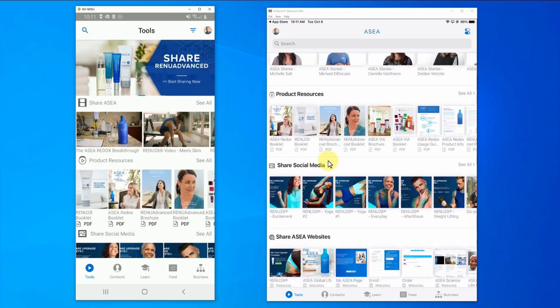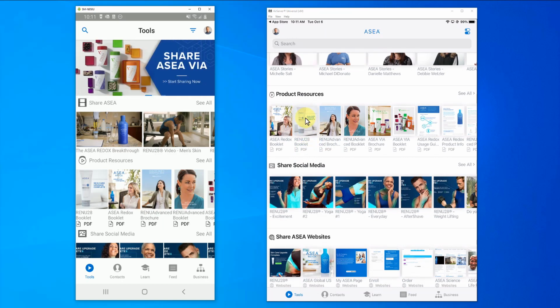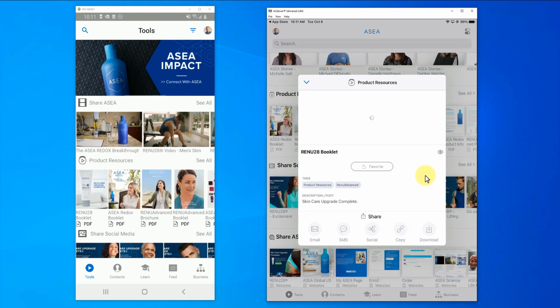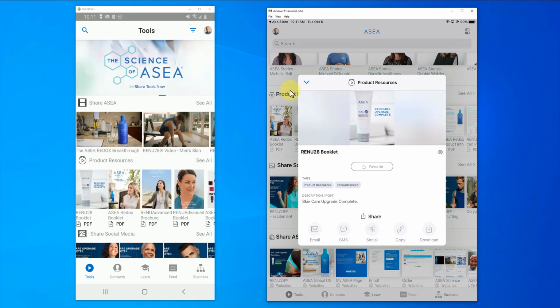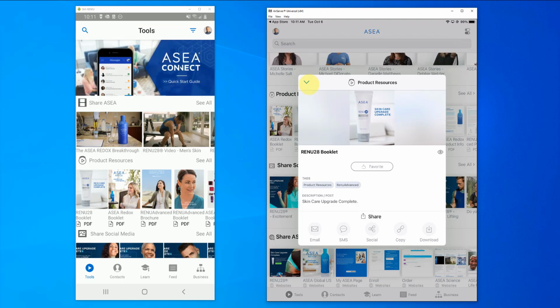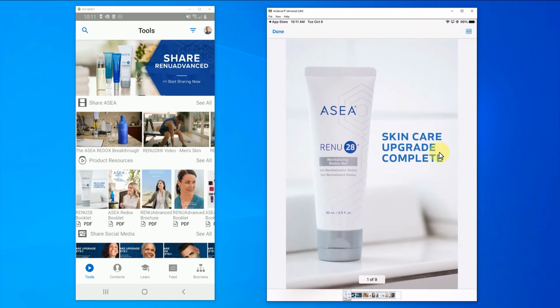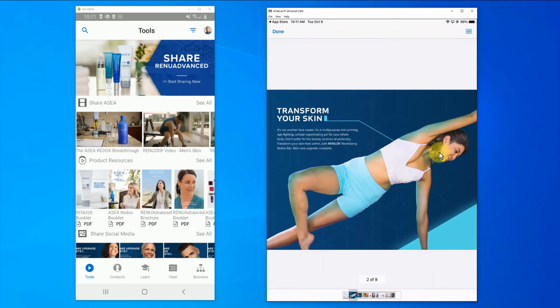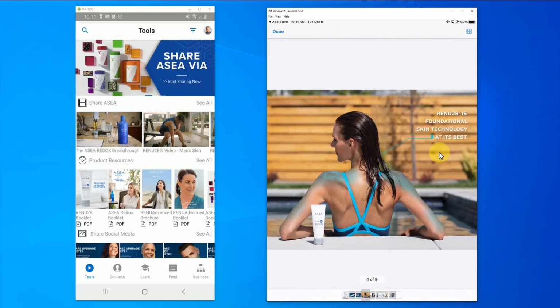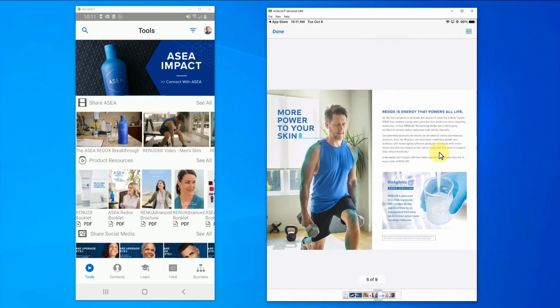So in the product resource section, we added some new documents here for the Renew 28 rebrand here. So this is a brand new document that you maybe want to take a look at to see if there's any areas in here that you want to look at. You can open up these assets, these PDFs, by clicking on them or tapping on them and clicking on this little eyeball here at the bottom right of the image. And when you do that, it's going to actually open it up like so, where you can browse and look at the content here and just kind of see a thing or two about what this document is.